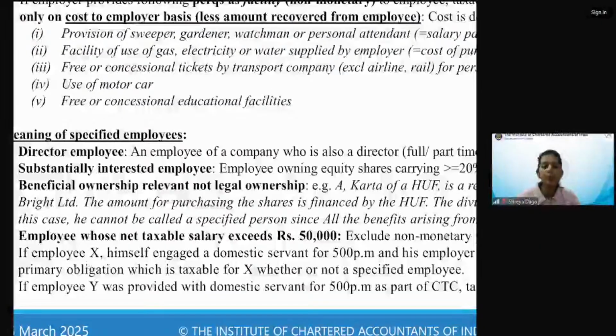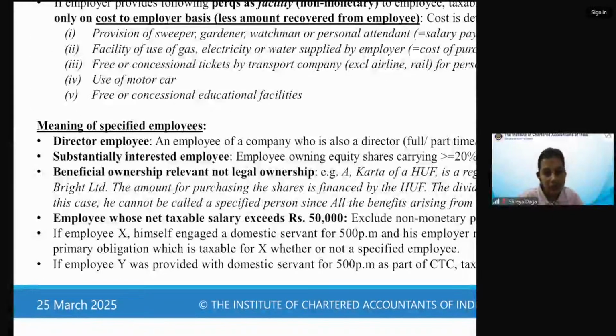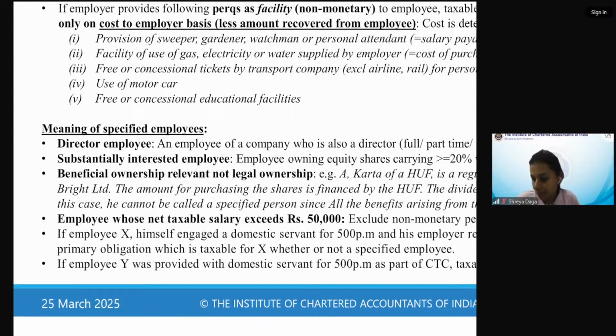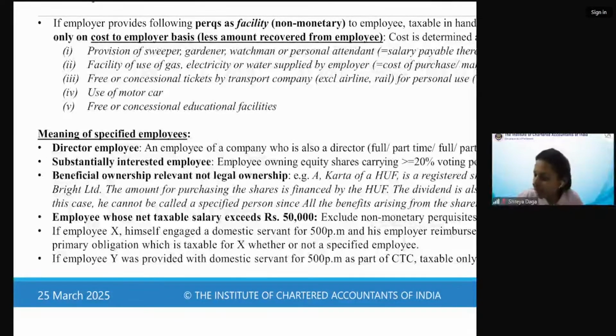ओके, नाउ हु इज द स्पेसिफाइड एम्प्लॉय, ये प्रिविलेज्ड क्लास है कौन जिनको टैक्स देना पड़ेगा, these people first डायरेक्टर एम्प्लॉयज, अगर कंपनी का कोई एम्प्लॉय डायरेक्टर भी है, फुल टाइम हो, पार्ट टाइम हो, इंडिपेंडेंट हो, नॉन इंडिपेंडेंट हो, जो भी हो, डजंट मैटर, पर अगर वो डायरेक्टर भी है तो वैसे डायरेक्टर एम्प्लॉयज के लिए दे आर स्पेसिफाइड एम्प्लॉयज।